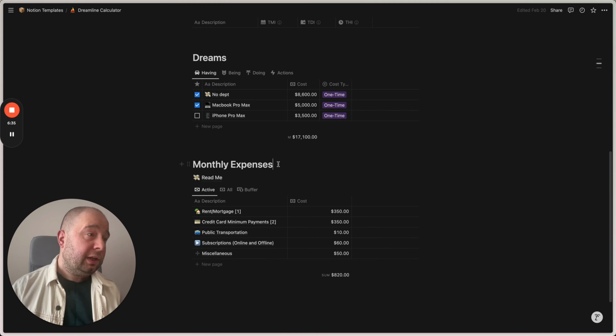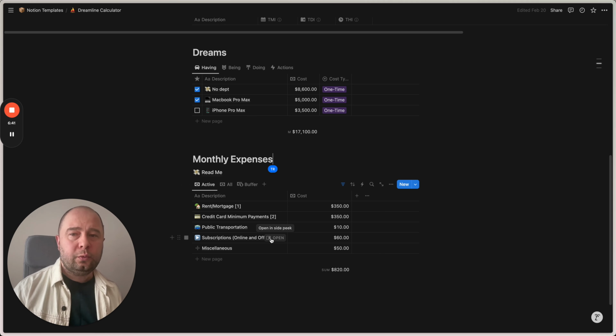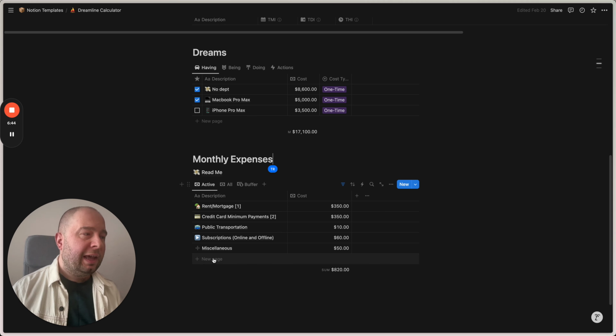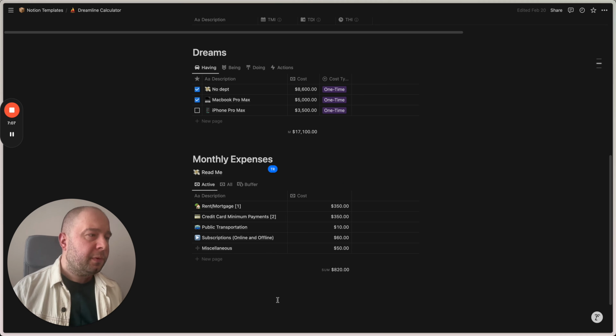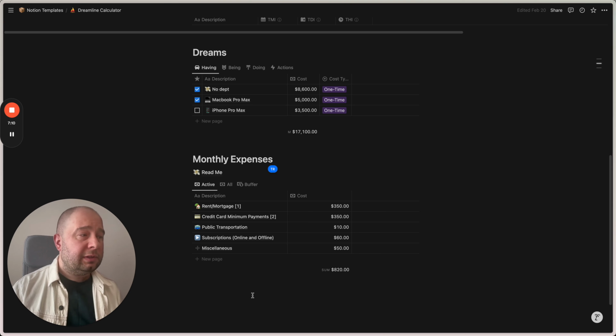Okay, let's continue with our monthly expenses. This one is great. You know, in the original concept, we have a lot of pre-filled ones, but since Notion has this add and choose icon capabilities, I feel like we don't need to add all of them in here because it creates kind of a crowded view, in my opinion. So in this simplified example, we have our rent, we have our credit card minimum payment, we have our public transportation, we have our subscriptions, online and offline, and we have this miscellaneous, right? You can add as you like. So these are our active